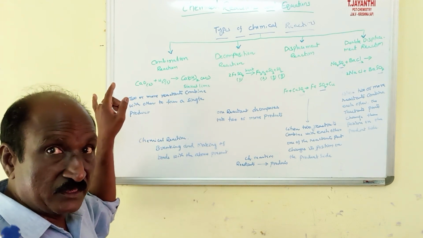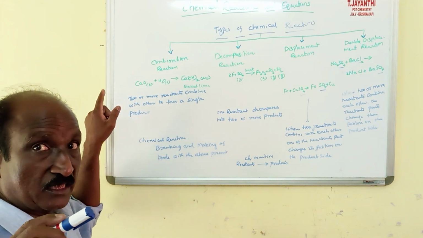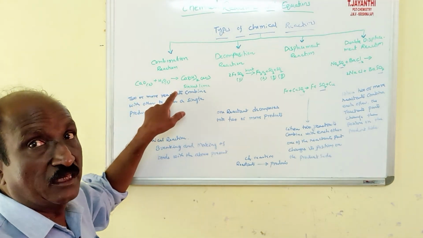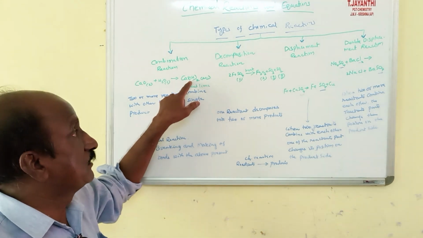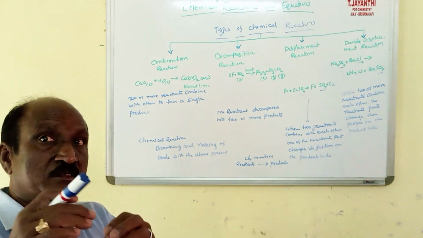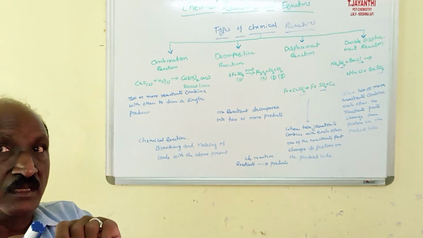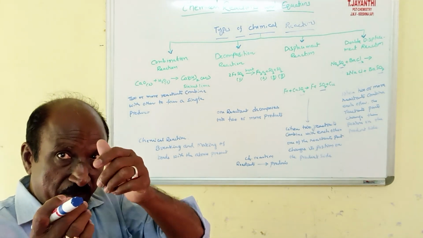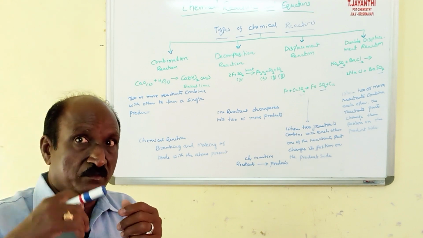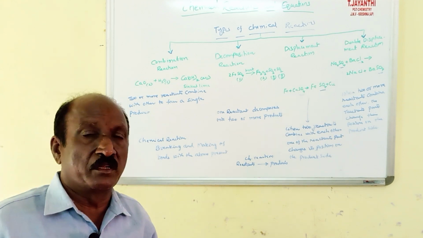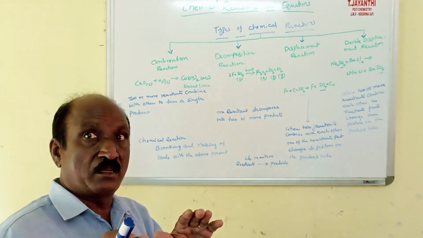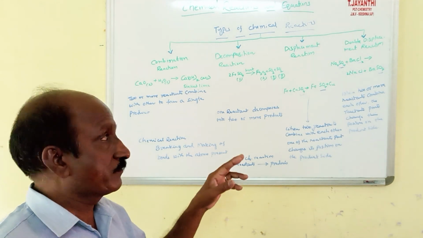The physical states of these compounds I have presented here. Calcium oxide is in the form of a solid, water is in liquid state, and this is calcium hydroxide aqueous solution. Aqueous solution means some fumes will be coming out. If we open the lid suddenly, the fumes come out, and that's why you feel a pungent smell. That is a liquid type only, aqua type, but it is in the vapor state.